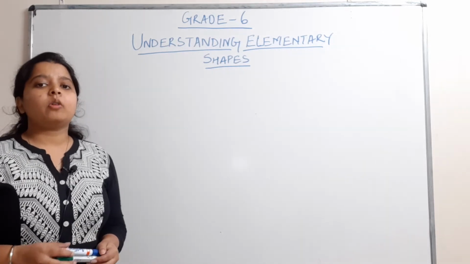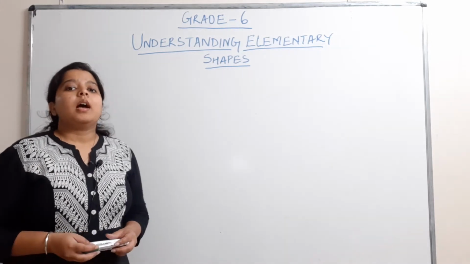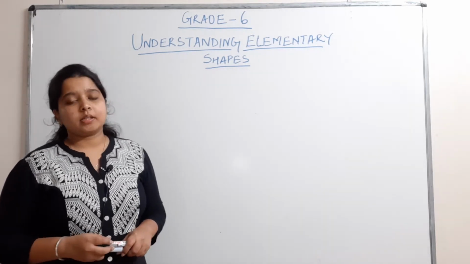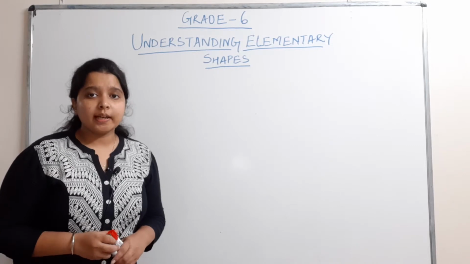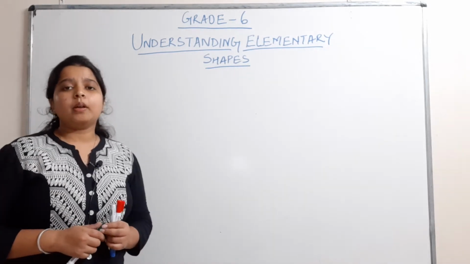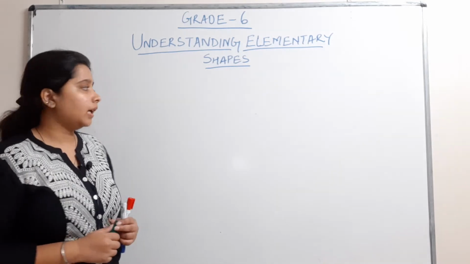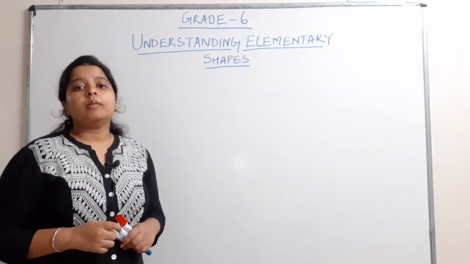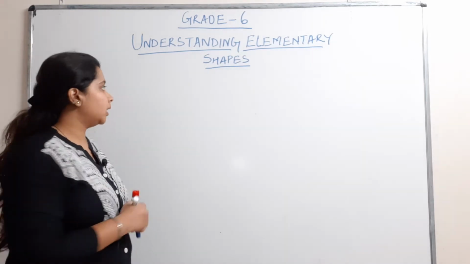Yesterday we studied about measurement of line segments and how we measure and compare the line segments. Today we are going to study the next topic, that is angles. So first of all, let us remember what angles are. Let us recapitulate. Angles are basically the degree of rotation of one ray with respect to the other.